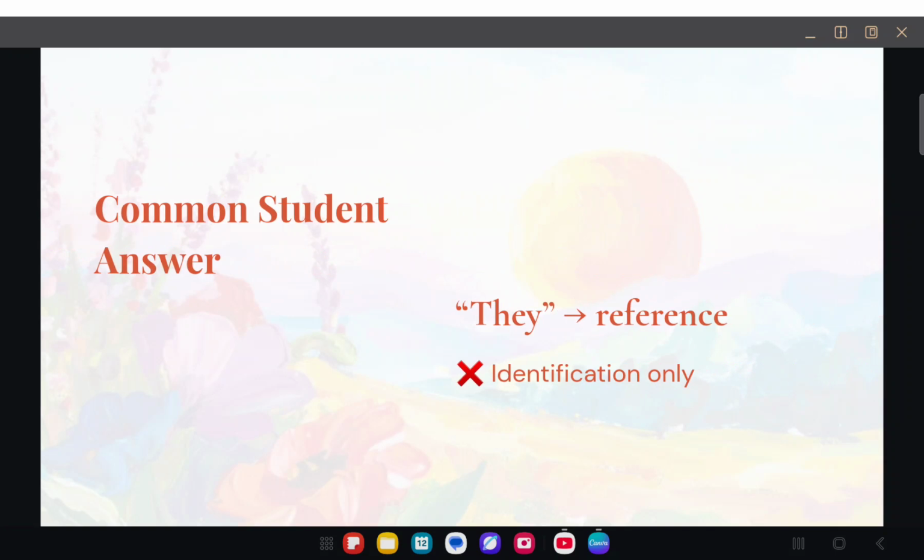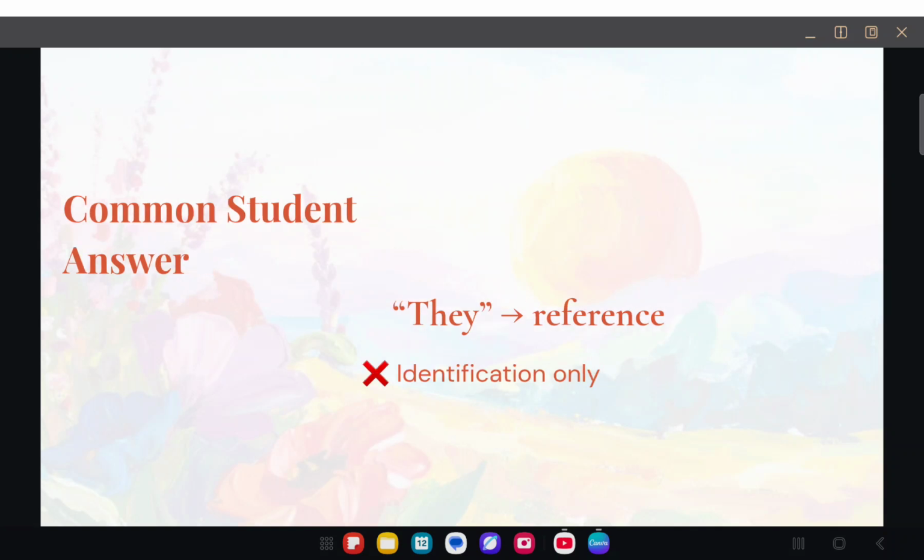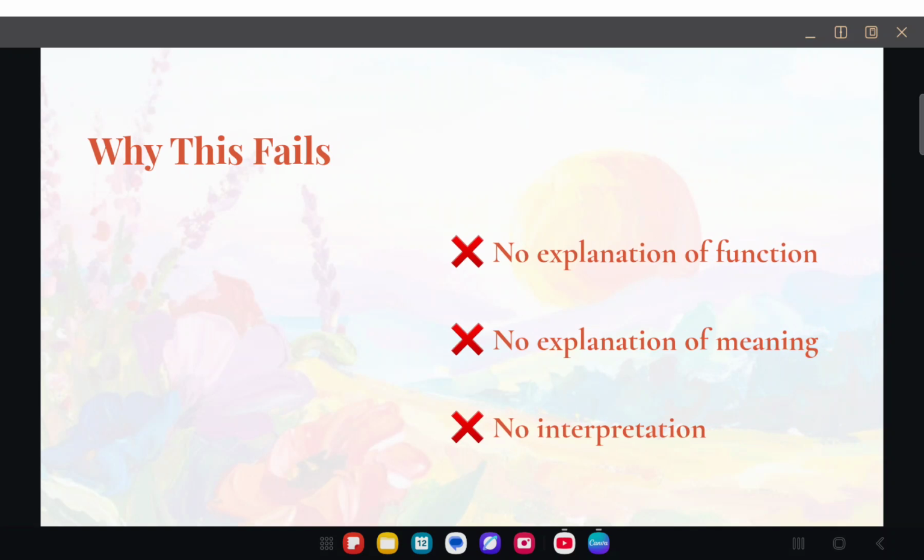So before we get going, this is a very common student's answer. A student identifies the word they as a reference item and then stops there. There's no follow-up, right? Technically, the identification is correct, but the analysis is still missing. The problem is not the identification itself.